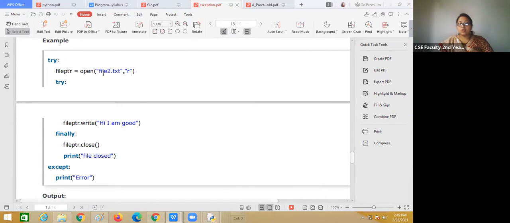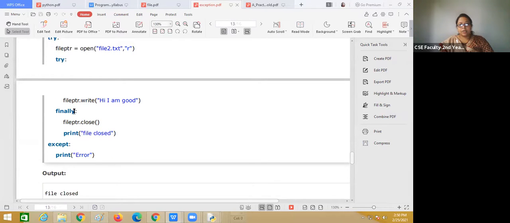They are trying to open file2.txt in r mode, and after that they are trying to close the file with ptr.close. Suppose an exception is thrown; in that case it will print error, but finally will always execute, and it will close that file, that resource.